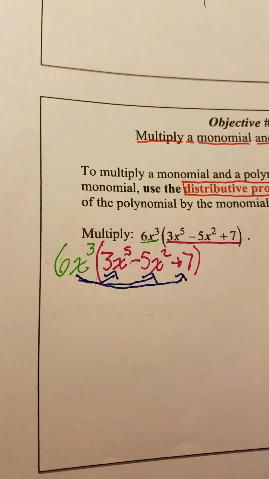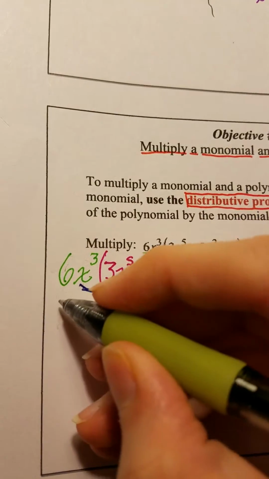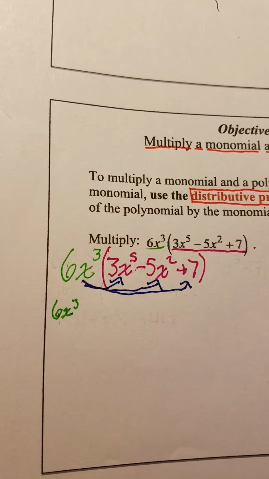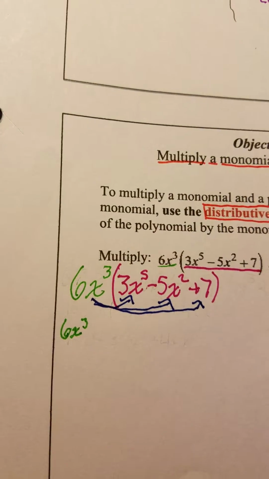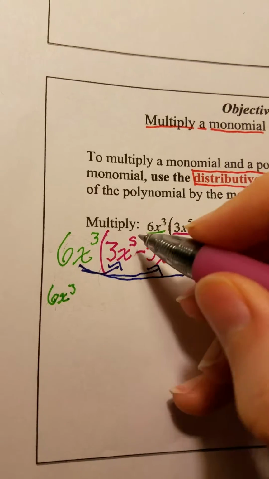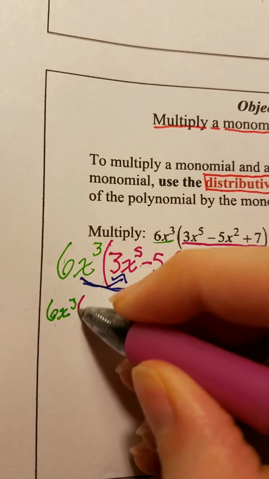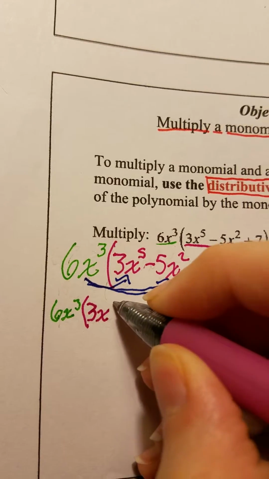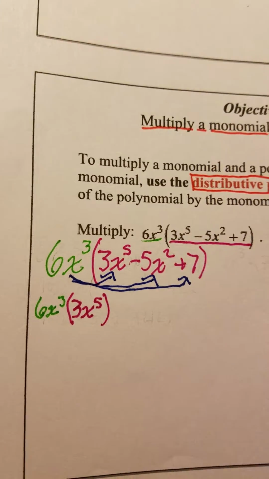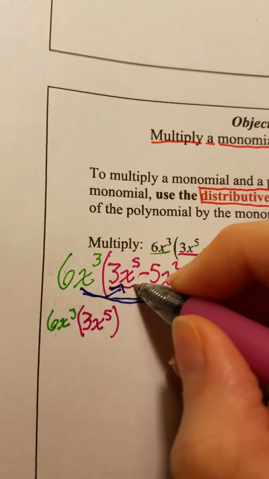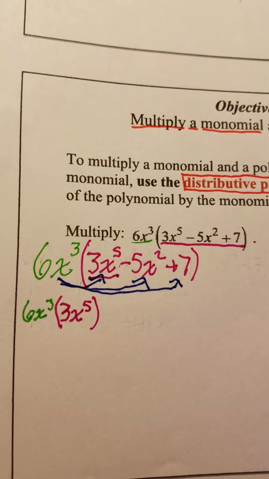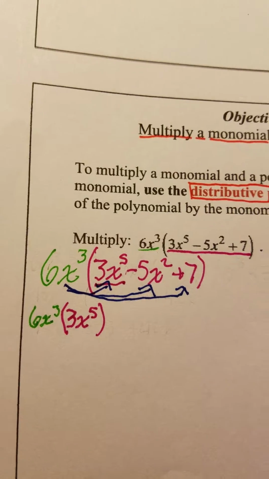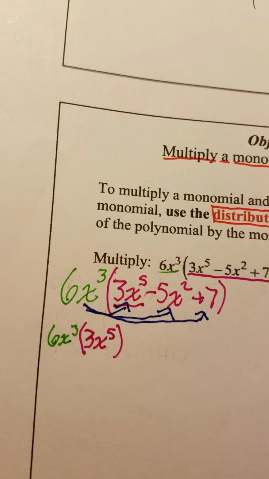So we're going to take 6x cubed and multiply it by the first thing, which is 3x to the fifth. And then you add that to